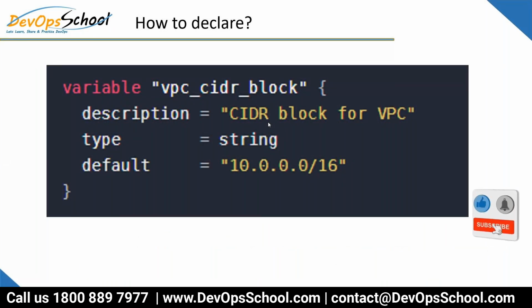This is how you declare the variable in a Terraform file. You have a block called variable, followed by the variable name. You may have a description, the type, and then the default value. Okay, so this is how you can declare the variable. Now, there could be more to it,